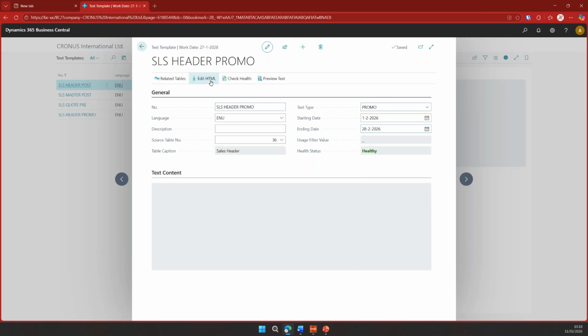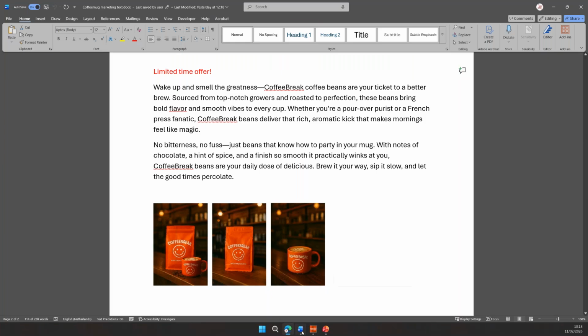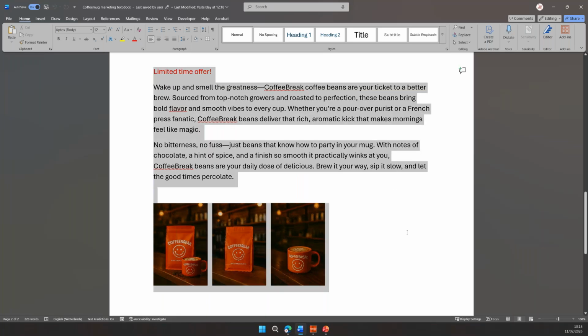Then we need to edit the HTML. In this case, I don't need to actually find a type. Our marketing department has created a Word document with our limited time offer for the Great Coffee Break coffee beans we've sold before. Simply copy this text from the Word document,